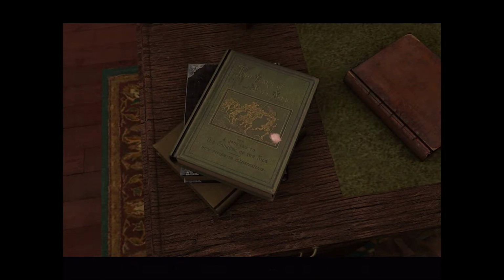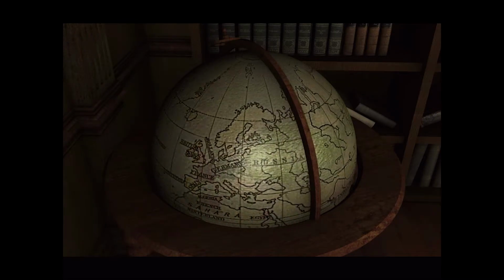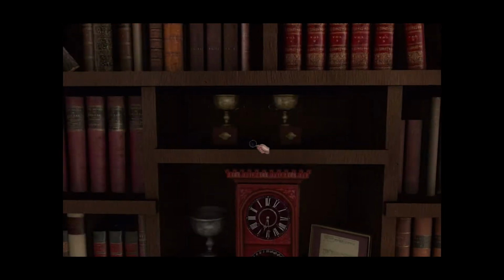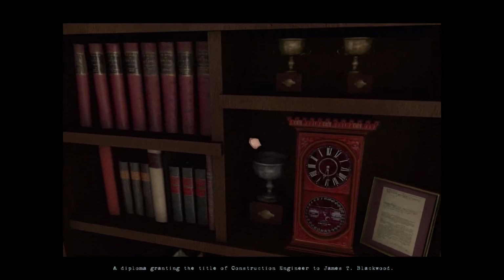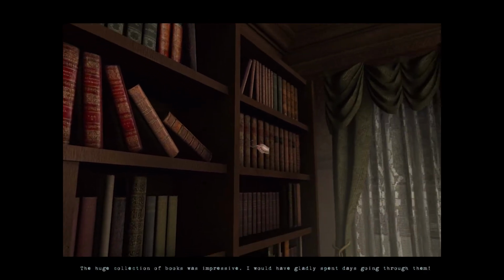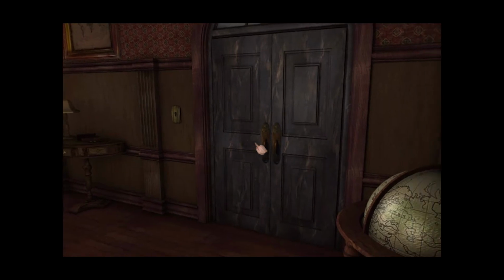2 years in East Africa. A journey is what does that say? A journey to the sources of the Nile with numerous illustrations. All right. Ooh, around the world, around the world, around the world, around the world, yeah. That's fun. A little interactable object. Anything of import over here? The diploma granting title of construction engineer to James T. Blackwood. Several trophies for remarkable accomplishments adorned the room. Huge collection of books was impressive. I would have gladly spent days having a fun old book romp. Anything else I can look at? Doesn't really...